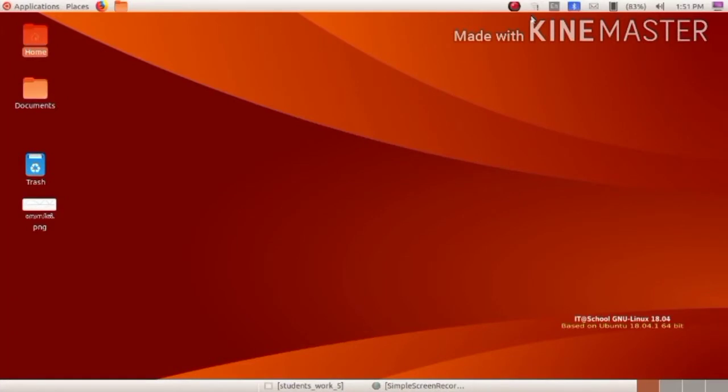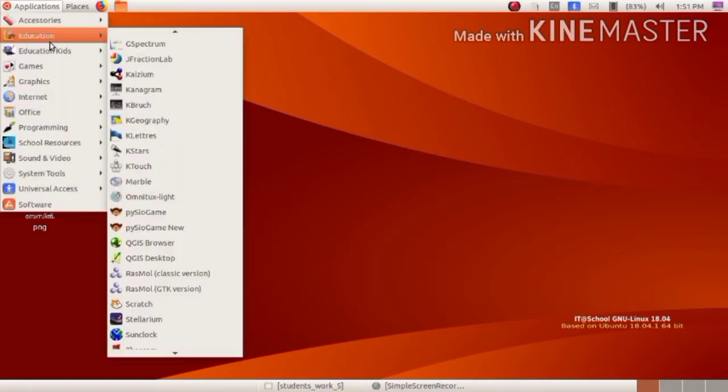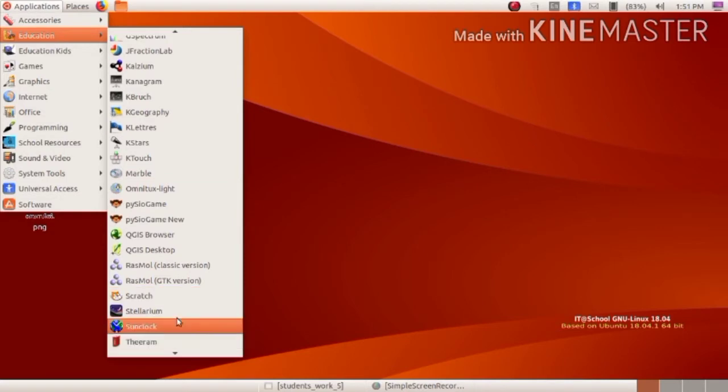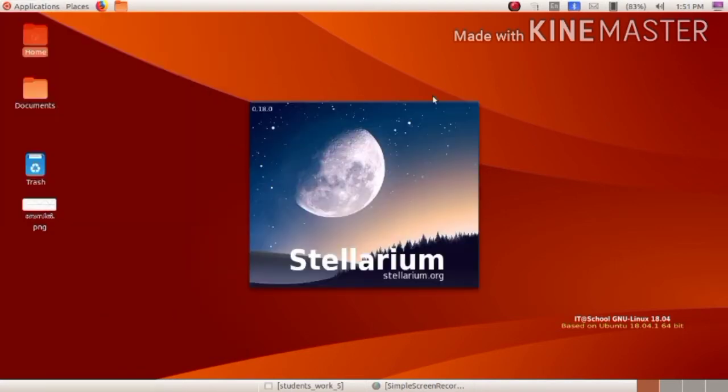Activity 2.2: Eclipse in different places at the same time. Take page number 15. Now, can you see what kind of solar eclipse was seen on 15th January 2010? For seeing that, open Stellarium: click on Application, Education, Stellarium.